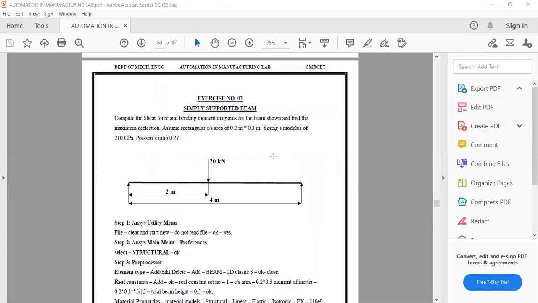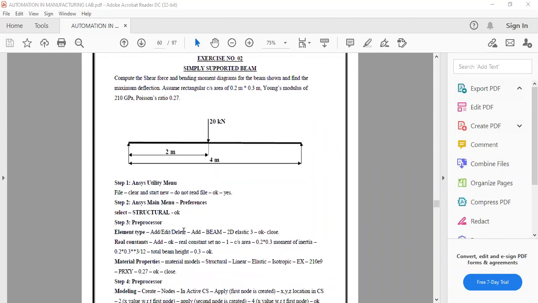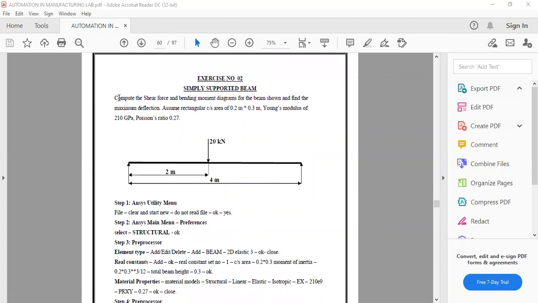So a simply supported beam with a load of 20 kilonewton at a distance of 2 meters. That's basically half, in the midway. What we are going to compute is the shear force and bending moment diagram for the beam. We have done this in the subject as well. Here the software will give us the SFD and BMD.